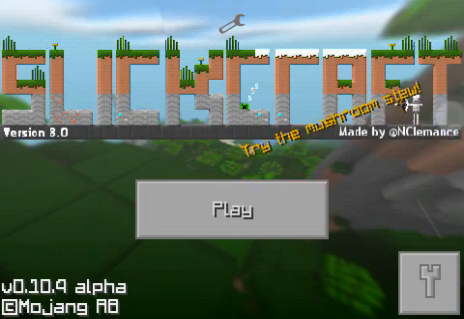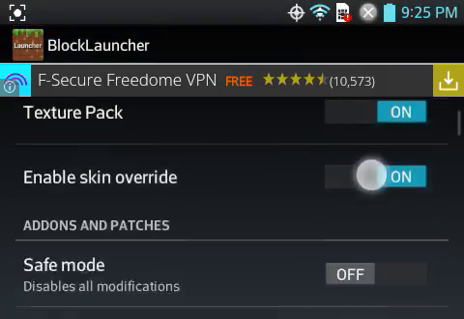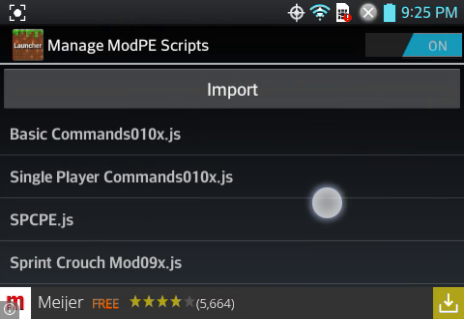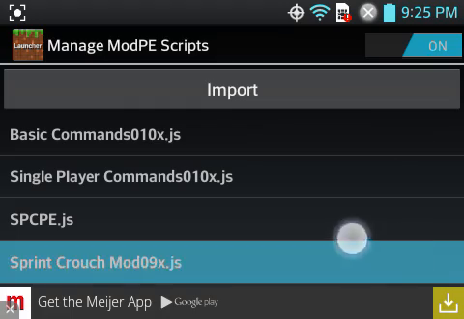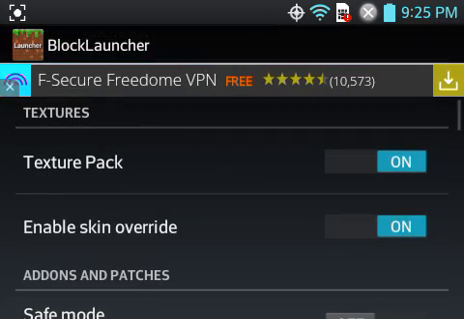Alright, so you need to, of course, have Block Launcher, and you need to go into your mods, and make sure you have the mods you'll need. What is that mod? I don't know what that mod is. You'll need the sprint and crouch mod, of course, if you want to sprint. Which you can get from...